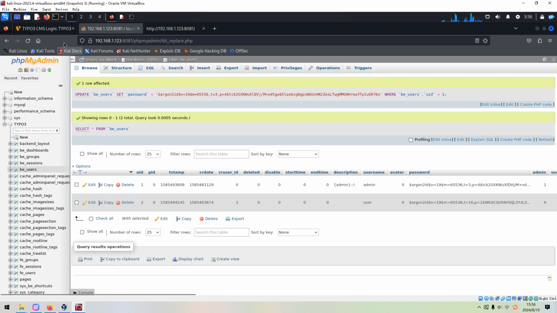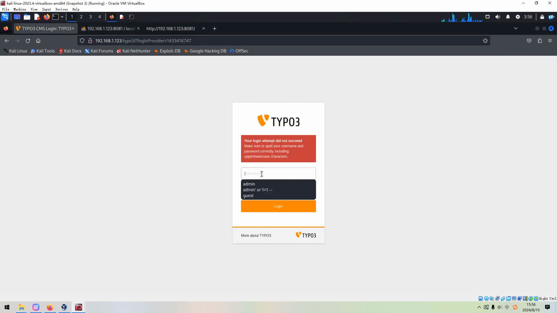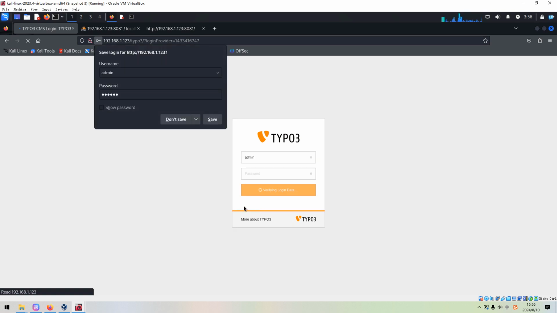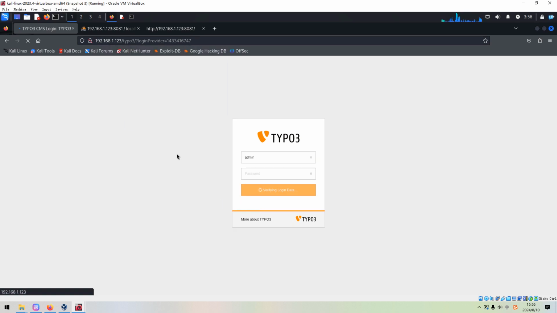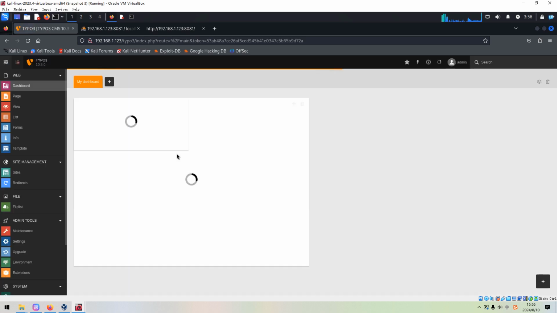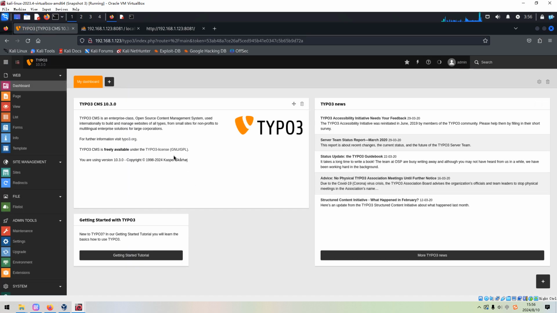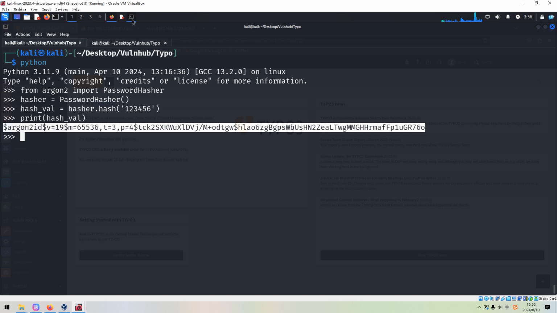Next, I think we can use the new password 123456 to log in. Don't save. All right, wonderful, right? Even now we can get the exact version of TYPO3.